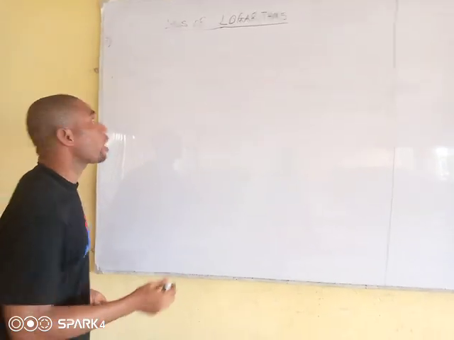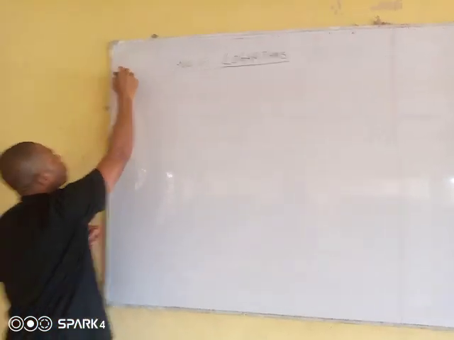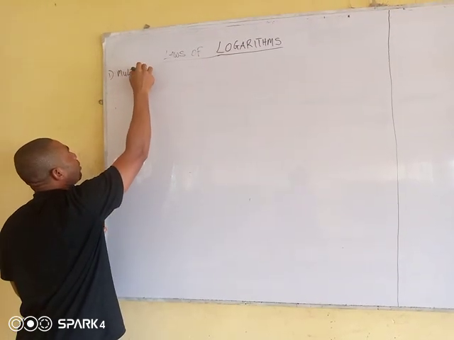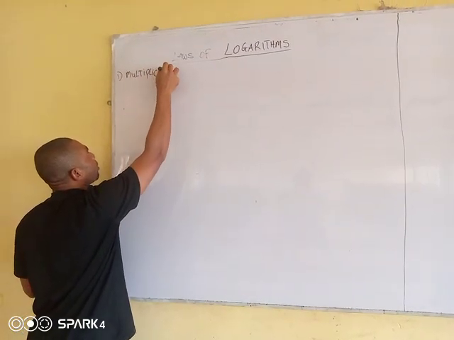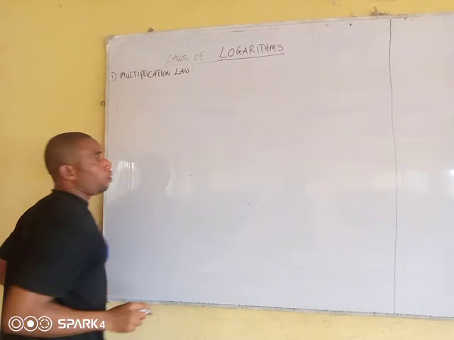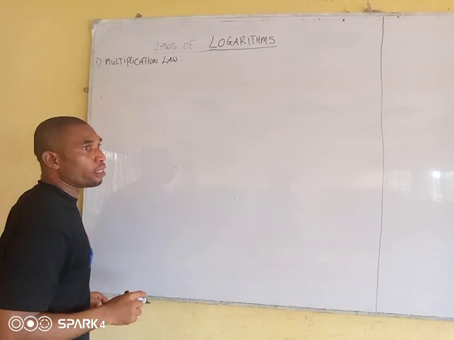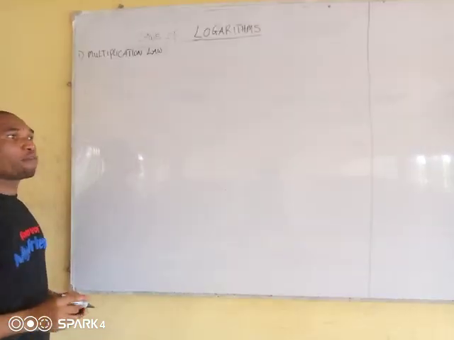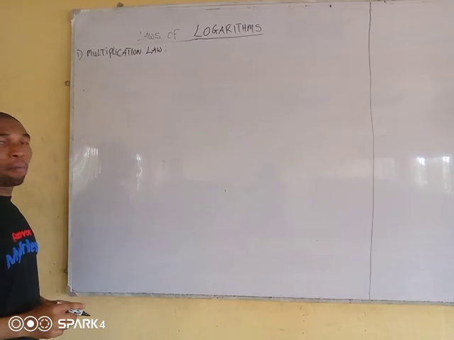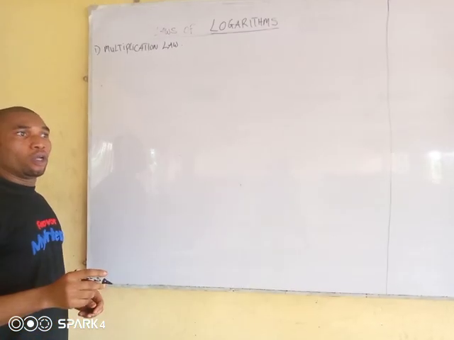Now, the first law is what I call the multiplication law. Now, look at what the multiplication law is simply saying. The multiplication law is simply saying that if we should have the logarithm of numbers multiplying themselves to a certain base,